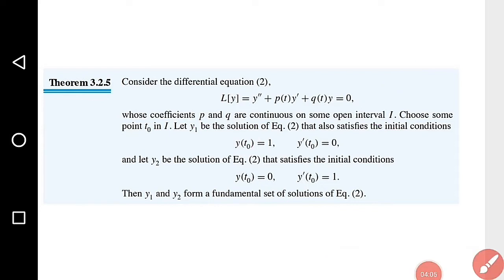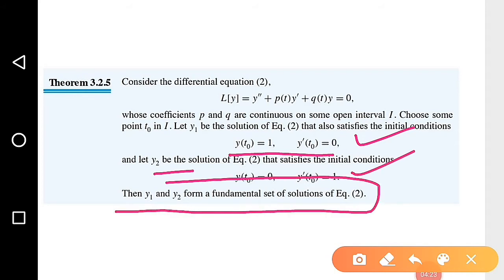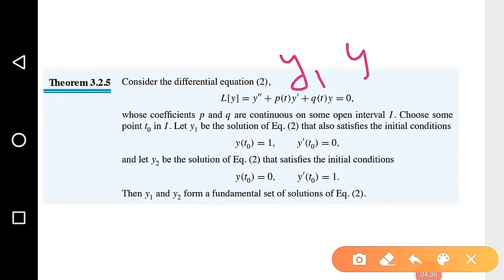So here we have p(t) and q(t) continuous, and y1 is the solution satisfying the initial condition, y2 is also satisfying the initial condition. Then they are known as, they form a fundamental set of solutions. So to show that two solutions or two functions y1, y2 form a fundamental set of solutions of a given differential equation,